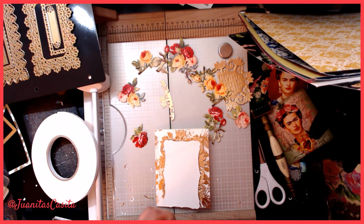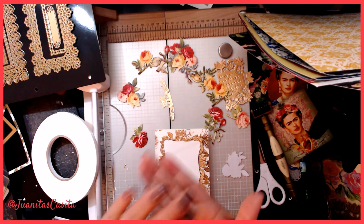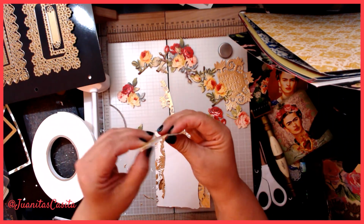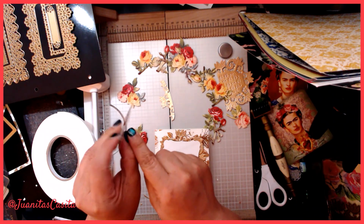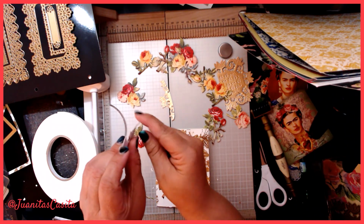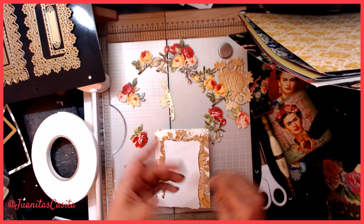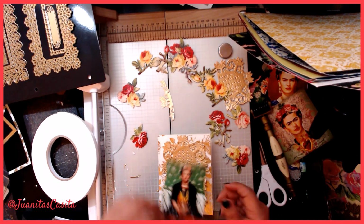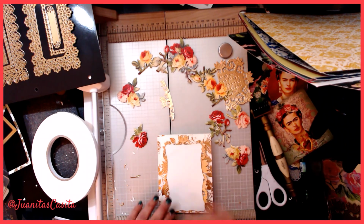If I make them two-dimensional, the part where the roses are high up, when you take off the sticker and it's dimensional, this part here is flappy, and it'll want to bring down the image. It's hard to describe. If you've done it before, you kind of know what I'm saying. So I'm just going to put this one flat,